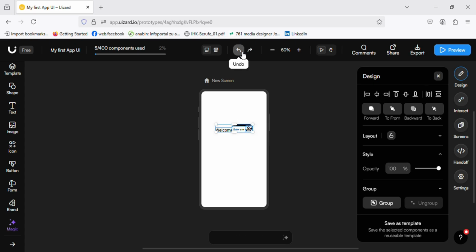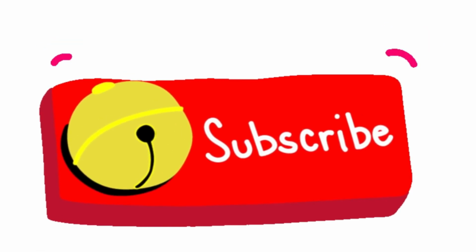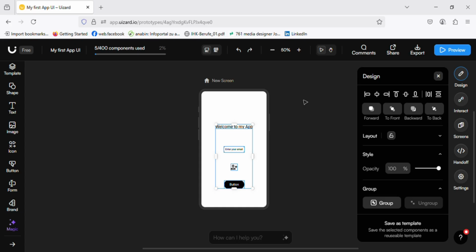Now let's undo all that we have done, and to undo, you can come right here where you can see my mouse cursor, and then you click on undo, or you can redo. Now let's undo all that we have done, and that's beautiful, guys. Now this makes your design cleaner and also helps you save time when making layout changes, and that's beautiful,